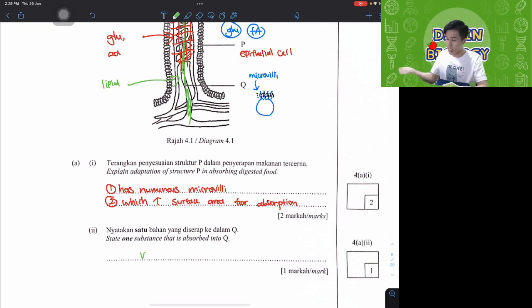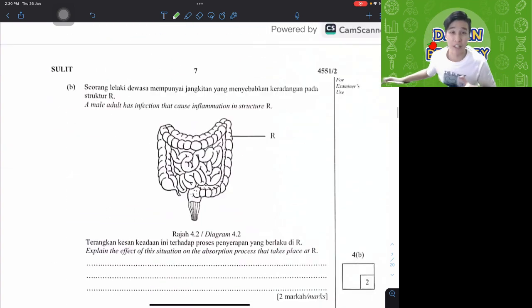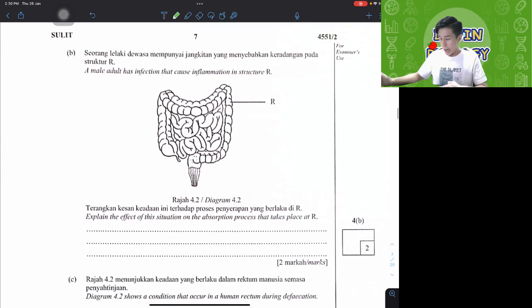the fat vitamin. So one substance, yeah, you can write vitamin A. You can write fatty acids. Vitamin A, lah, the easiest one, A, D, E, K vitamin. Moving on,